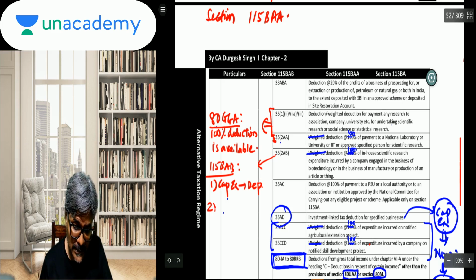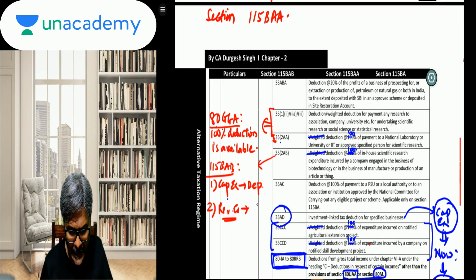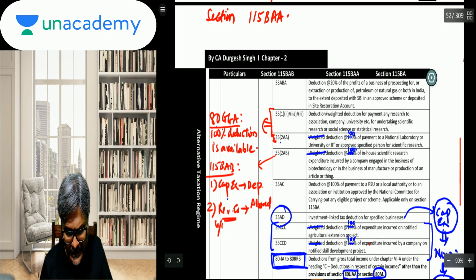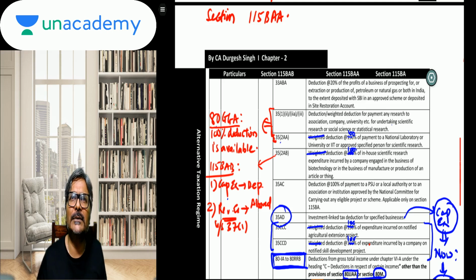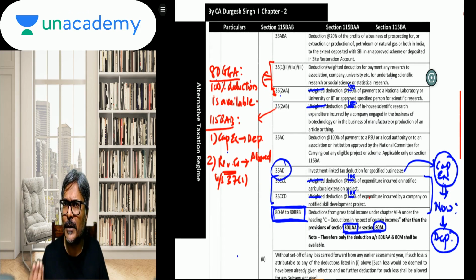And second, students, the revenue expenditure, can we say that would be allowed as deduction? Would be allowed, because it's a scientific research, so would be allowed under section 37(1) anyways. Why? Because this research expenditure would be considered to be an expenditure for the purpose of business. Isn't it? So the revenue expenditure that has been incurred could anyways be allowed under section 37(1). So there is no harm in that.